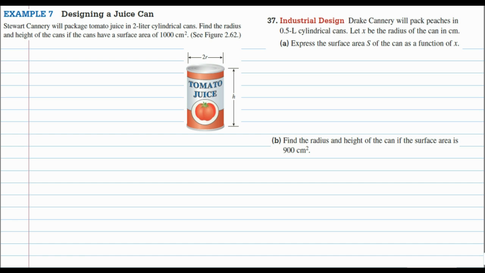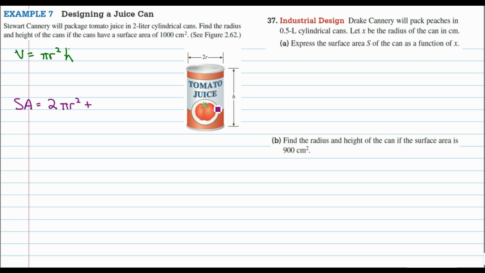So I'm dealing with two concepts, volume and surface area. Well, I know that the volume of a can is pi r squared, the surface area of the top, times the depth, so h. I know that the surface area of the can is going to be 2 circles, so 2 pi r squared plus,